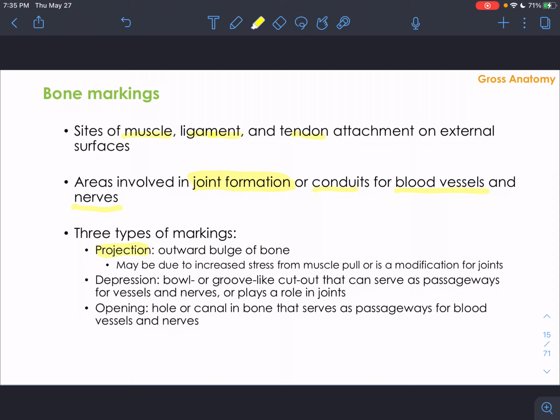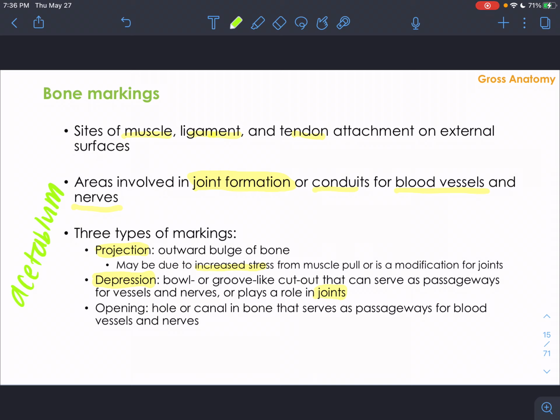We have what we call projection, which is an outward bulge, okay, which happens naturally on the bone, but it can also happen due to increased stress from muscle pulls or modification for joints. We can see depressions, which are just divots, so some sort of bowl or groove that can serve as passageways for vessels and nerves, or also play a role in joints. So in our hip bone, we're going to have a depression called the acetabulum, which is going to be in the hip bone, and it's going to be where the head of the femur